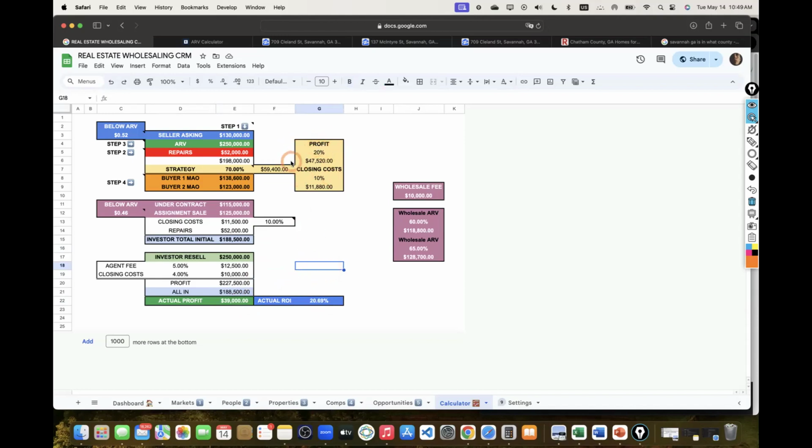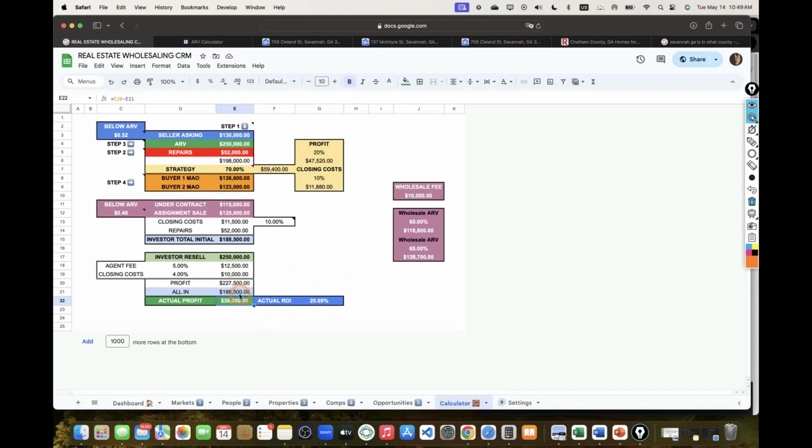And what this section right over here is basically breaks down the 70%. So I mean the 30% difference. So again, 100 minus 30 equals 70. So that 30% concludes of 20% being profit and 10% being closing costs. But this number is the actual one that matters in terms of profit because it depends on how much the investor put into the deal.